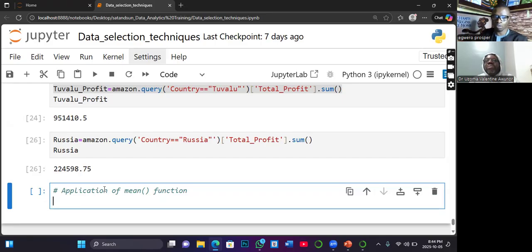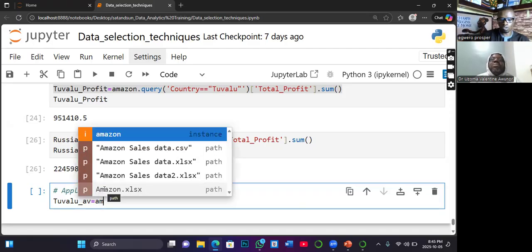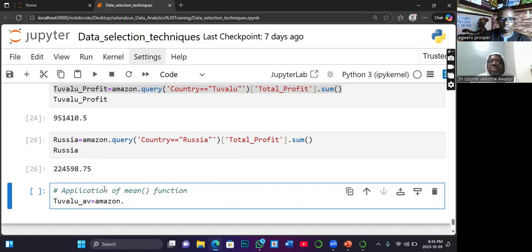It's just like what we just calculated. So we want to also compare their average. So I will say to value underscore AV equals to. The name of the data set is Amazon, concatenated with the query function. Then activate your string, single string. Then country comes in here. Country is equals to, and then to value,